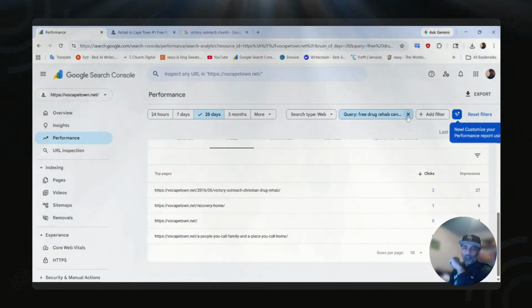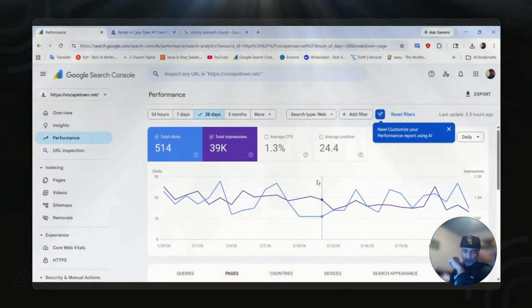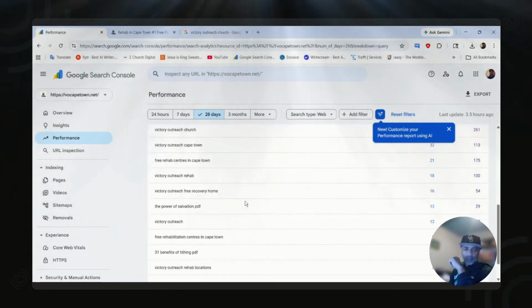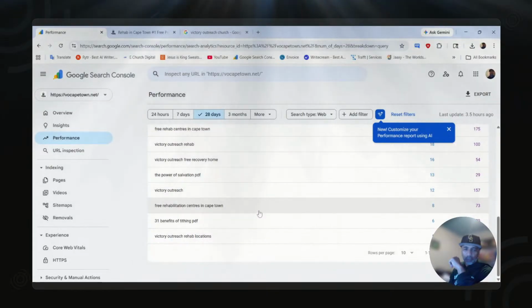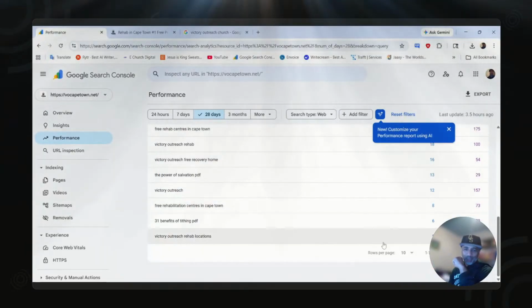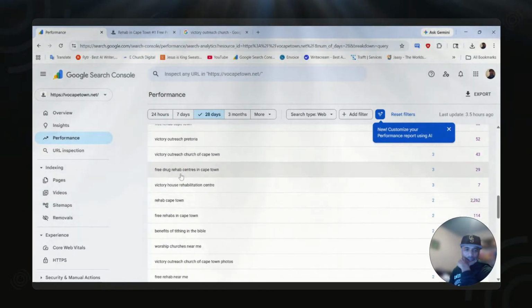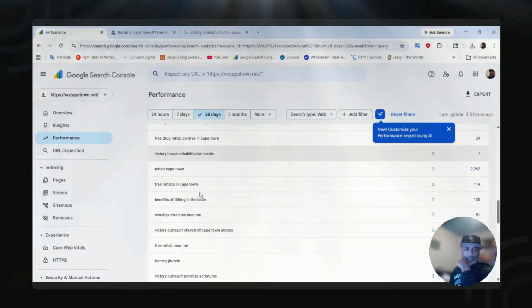If I go over here and take out that keyword, you can see all these different keywords that we're getting. If you click on the keyword, it'll tell you what page is causing that keyword to rank in Google. I'm going to say, show me 50 keywords. Let me see, free drug rehab centers in Cape Town.